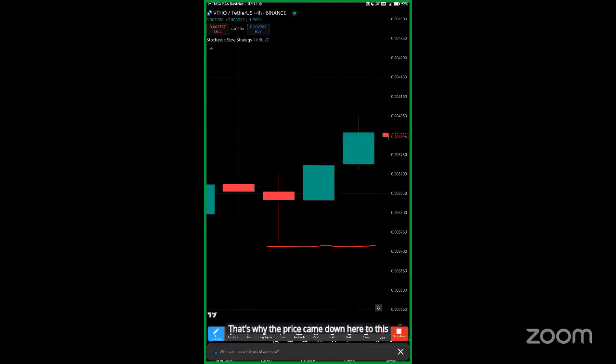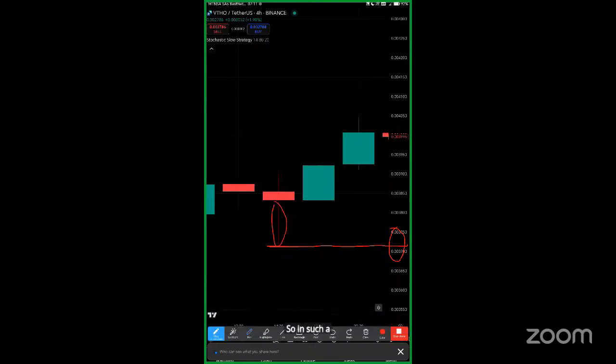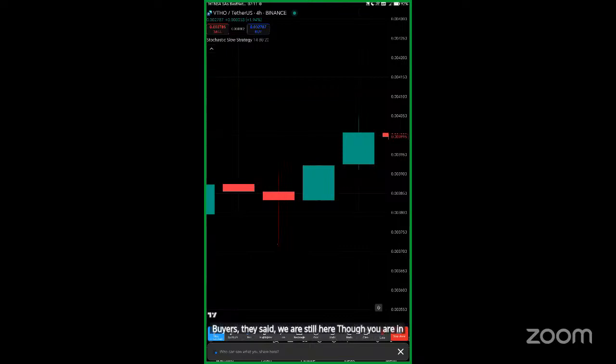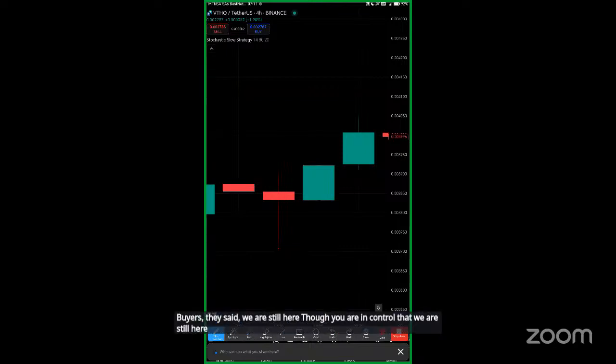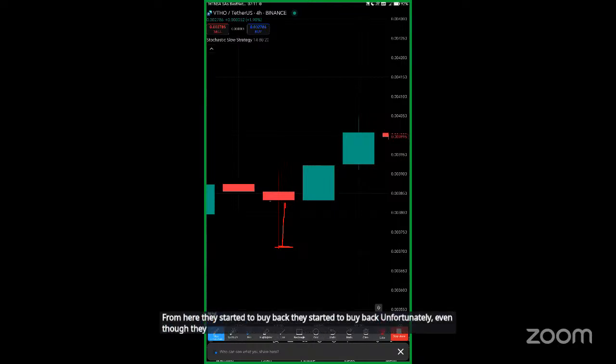If we are to draw a line, there is a price here. In such a scenario, sellers were in control. Now, even though the sellers managed to bring this price to this level, buyers said, we are still here. Though you are in control, we are still here. Then buyers started to buy back from here. Even though they managed to buy up to this level, they could not come to the opening where